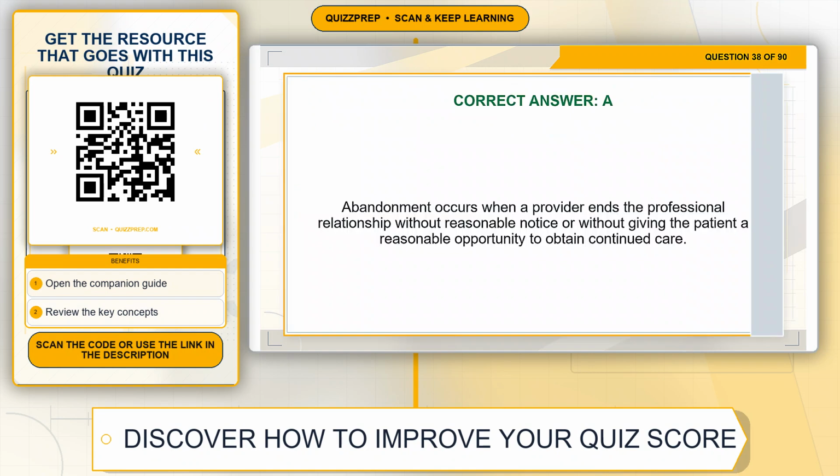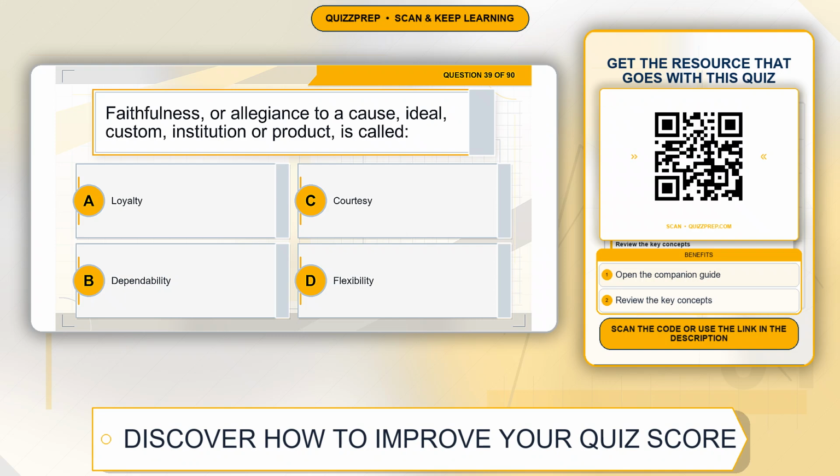Explanation. Abandonment occurs when a provider ends the professional relationship without reasonable notice or without giving the patient a reasonable opportunity to obtain continued care. Question 39. Faithfulness, or allegiance to a cause, ideal, custom, institution or product, is called: